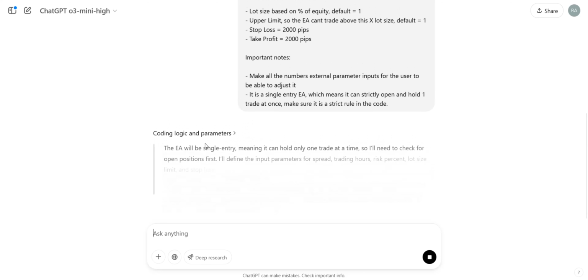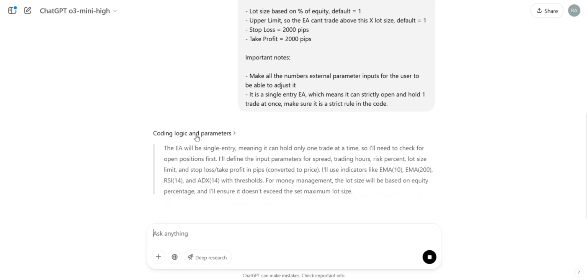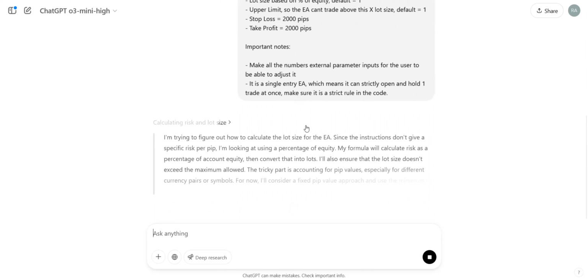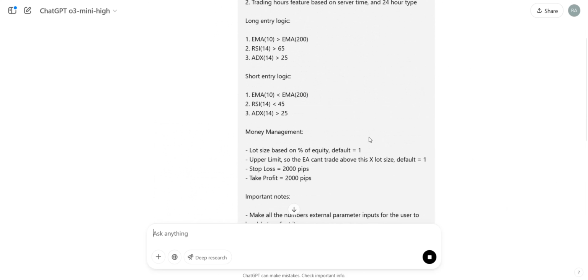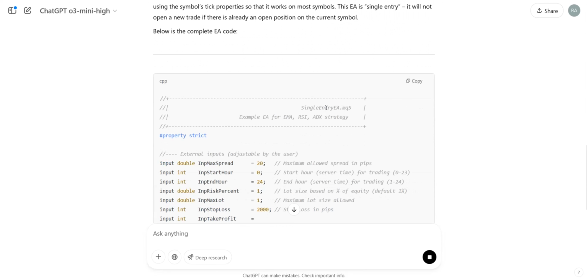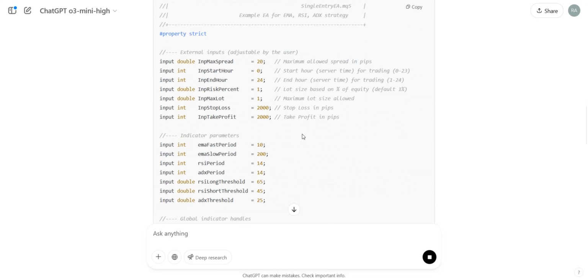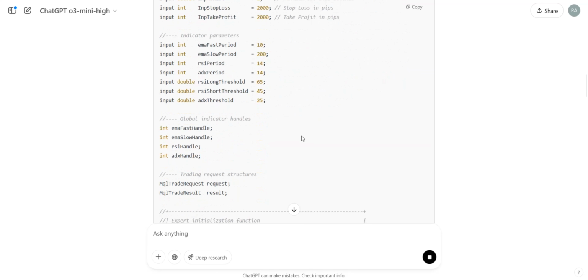I don't say I get frustrated with them, but especially when I want to make a video like this, I just copy pasted the original code that I gave it, the parameters, conditions, and logic, and let's see if it can code it a little bit more